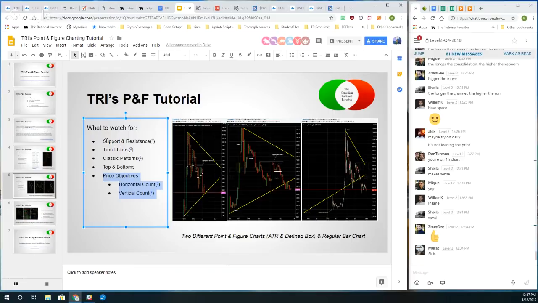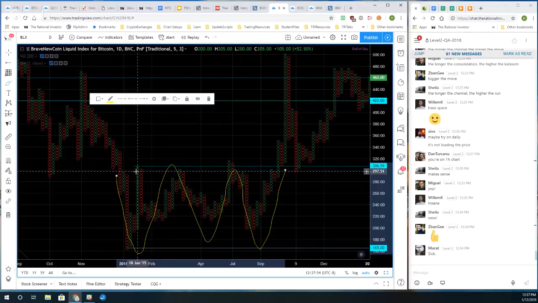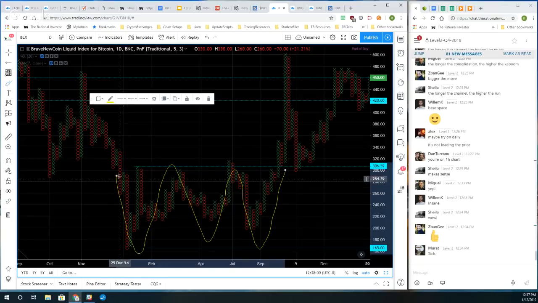Giving you some stuff to think about here over the coming few days. If anything, I think it would be great for all of you to simply go grab a point and figure chart. If you want to make it really simple, do a Bitcoin chart. If you want to have some fun, people who are really jazzed, Alex, who probably do this, go and count how many boxes happen through this